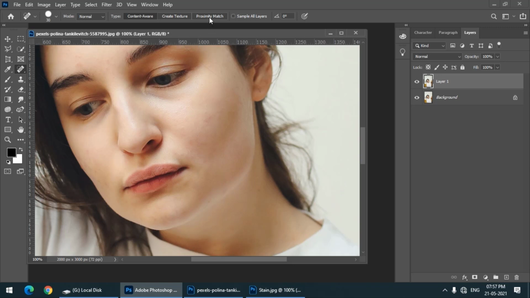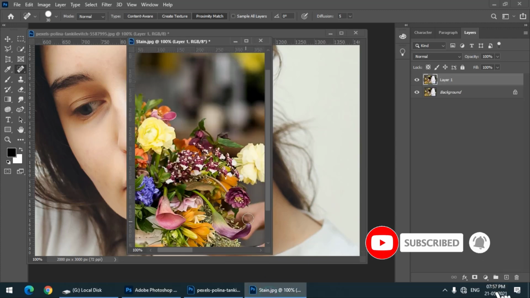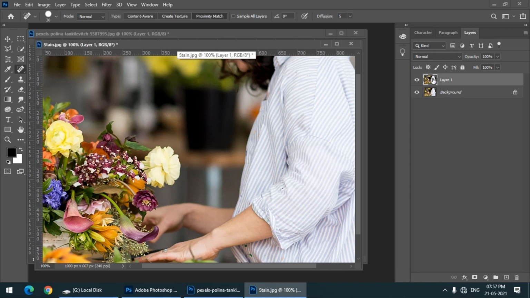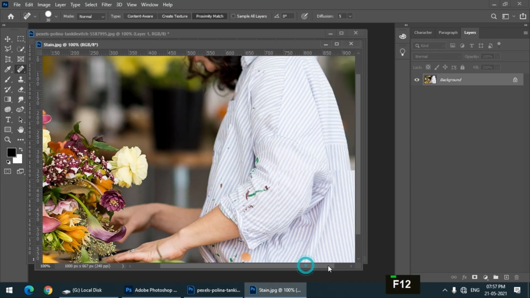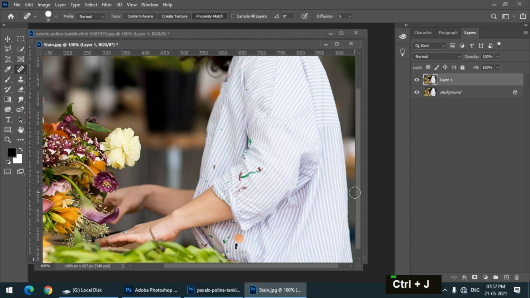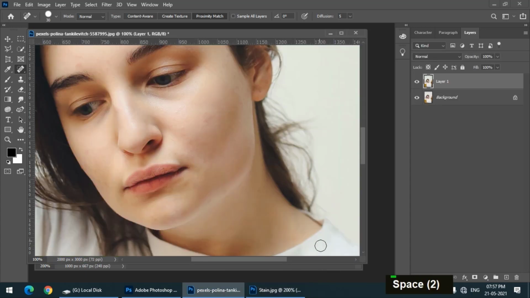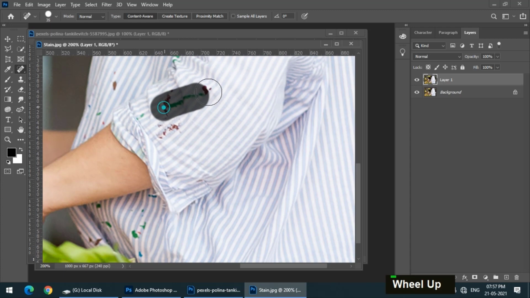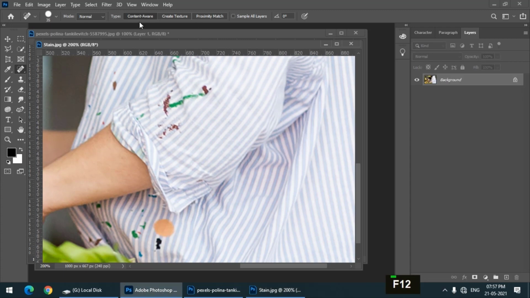Now what happens if we use the proximity match? Generally people use this content aware option instead of proximity match. Why? I'll show you in the previous image. This is the image that we used earlier. Again I'll revert it by pressing F12, Ctrl J. Look, if I choose content aware, this does a pretty good job like this. But instead of content aware, if I use proximity match option,